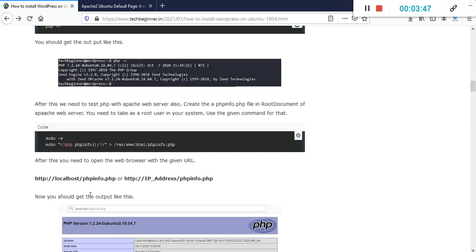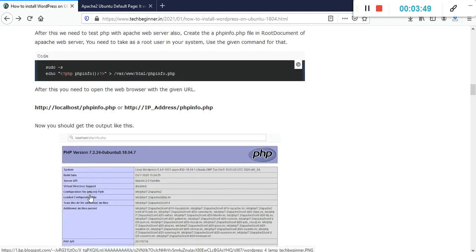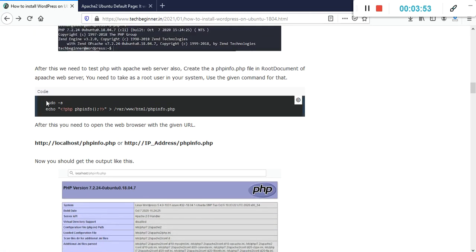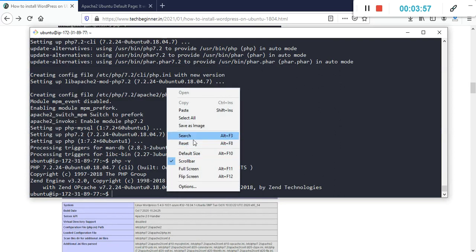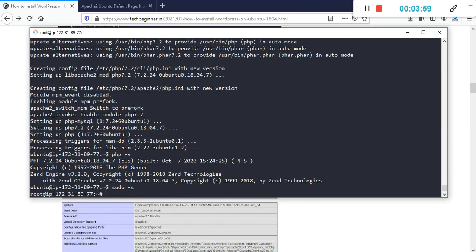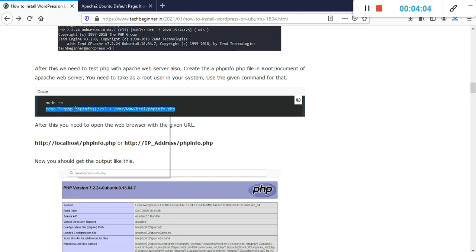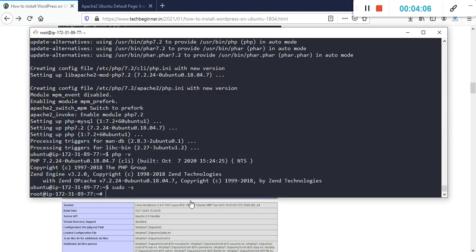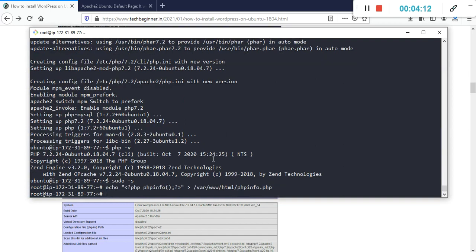And after that, for testing whether PHP is working correctly with the Apache web server, we need to switch to the root user to avoid any kind of error in our Ubuntu machine. So we will log in as the root user, and after that just copy and paste this command. It will create a PHP file which contains the phpinfo code.